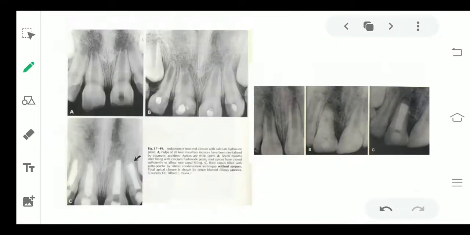After this, you can see in the figure, this was the condition of the tooth. This was the first radiograph we took, where the apex was completely open. You can see here that the apex is completely open. In the second step, we cleaned the canal completely. We removed any pulp from this canal and we applied some medicaments so that the healing, or the closure of the apex, can begin. And after that, the apex was finally closed. In the third figure, in the final restoration, we filled this canal with gutta percha.